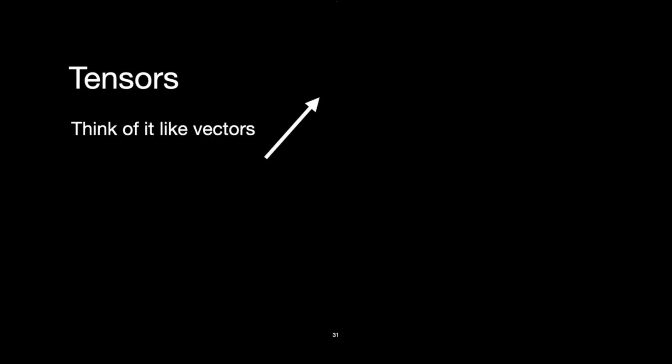Tensors, think of it like vectors. A rank 0 tensor is a scalar, and then you go higher ranks. Rank 1 is a vector, and then rank 2 is what we call a tensor. So vectors are just arrays. A vector is also a matrix, but we have different